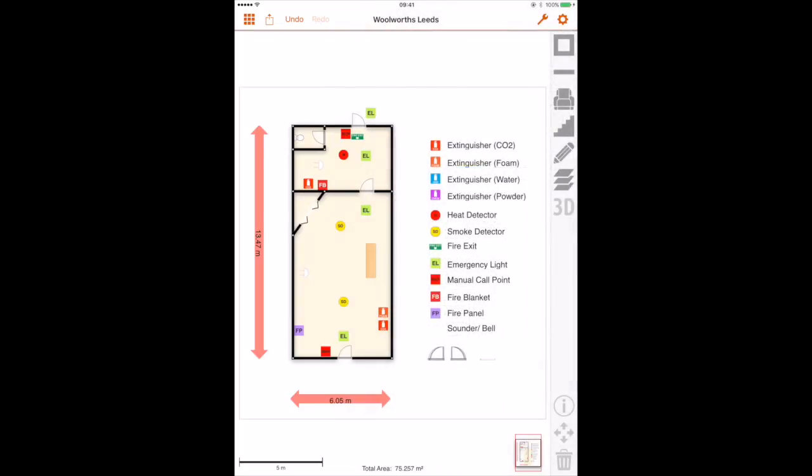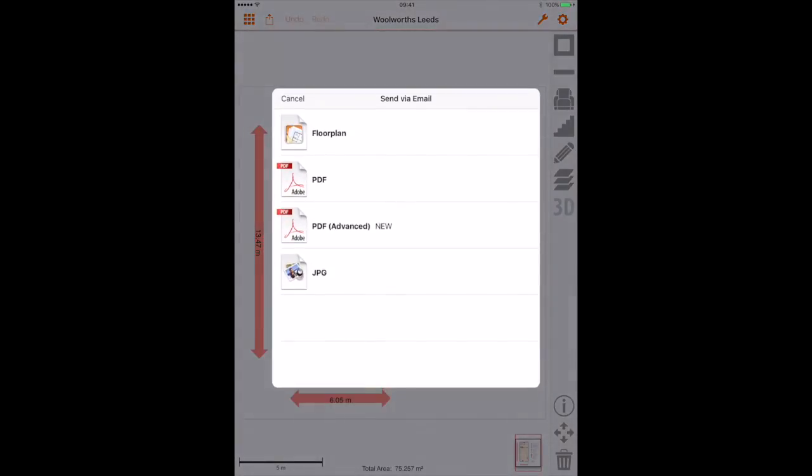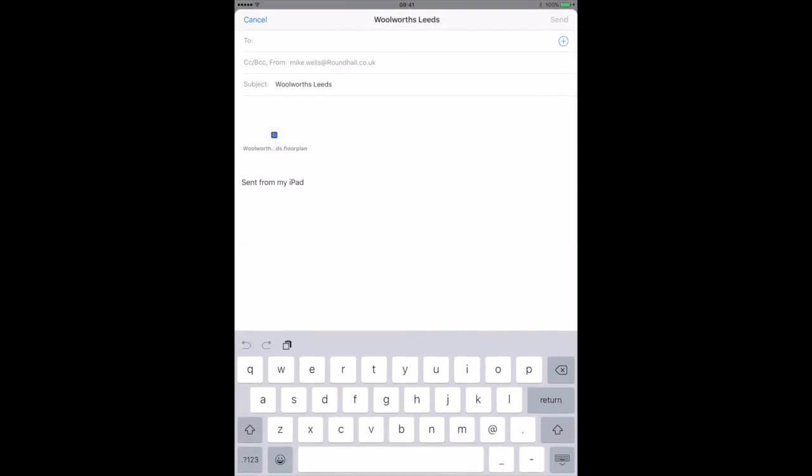With the floor plan complete, it's now time to email it in so that it can be embedded into the assessment. This is completed by clicking the export button in the top left hand corner, then selecting email document, and then when it gives you the option, you just choose floor plans. This will open an email box which you just need to send to me,